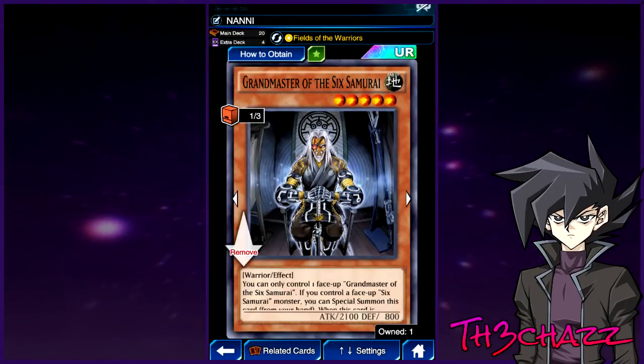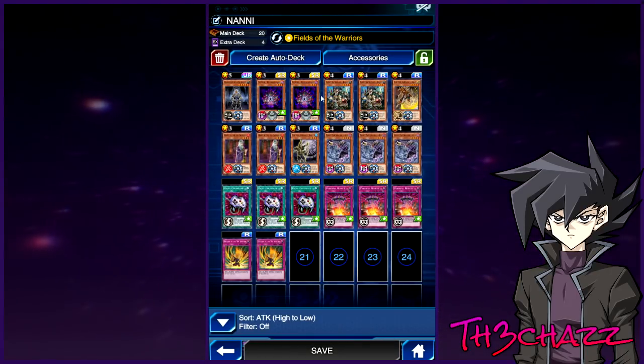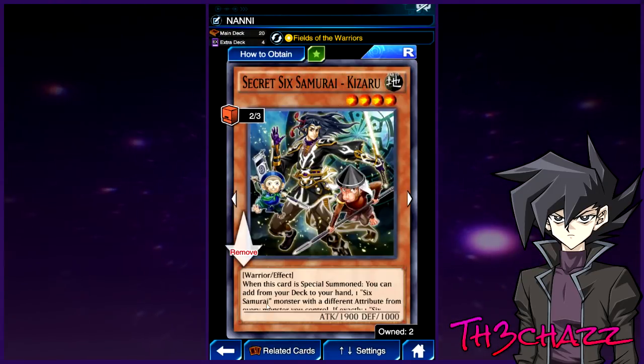So we are running the 1 Grandmaster. I might use 2, not too sure yet, like replace this guy with a 2nd Grandmaster. That's when I do get my 2nd Grandmaster. I only got 1 right now. I'm running 2 Helix, so we can go into our Slash Dragons if we need to. 2 of these guys, he's one of the new best 6 Samurai cards,